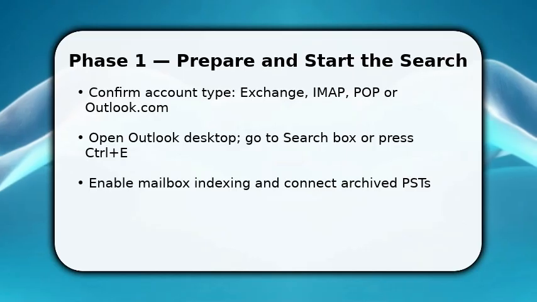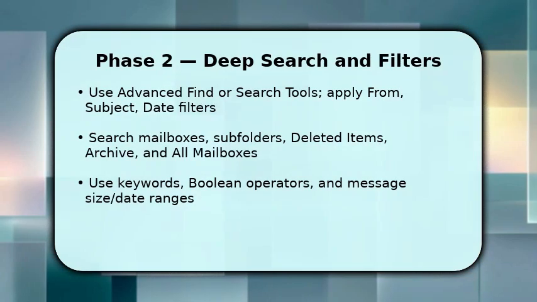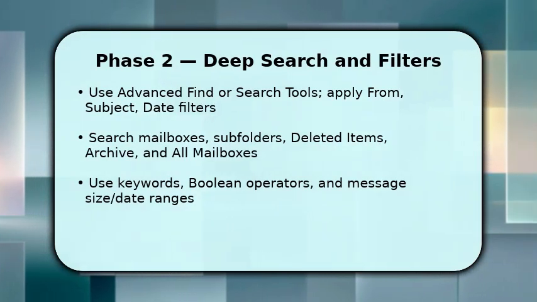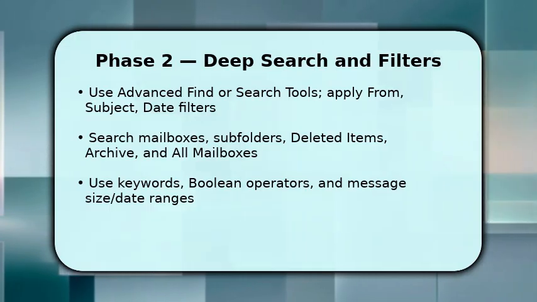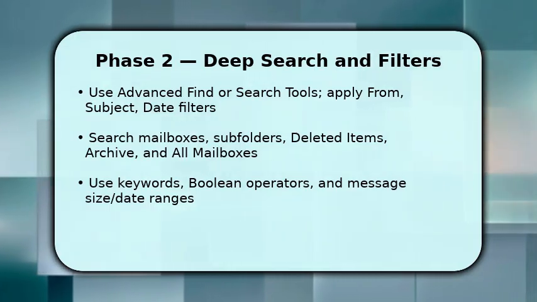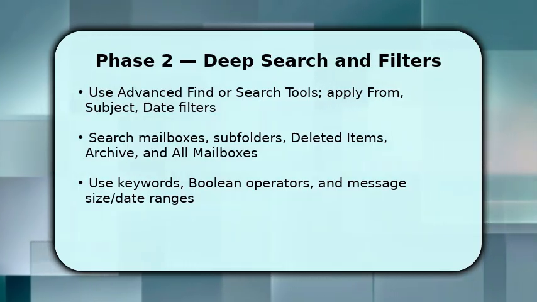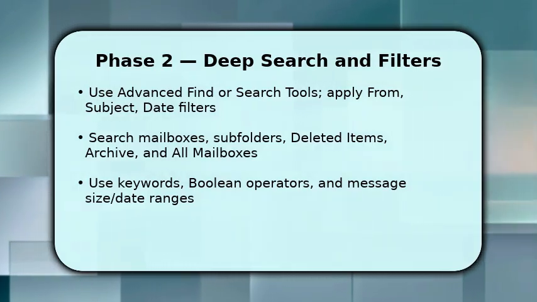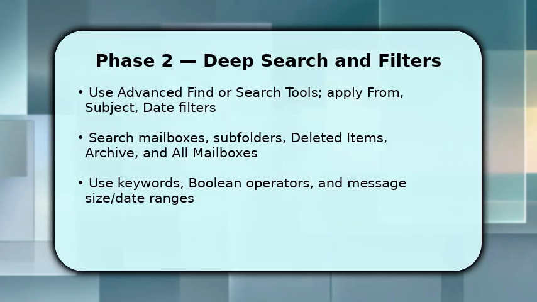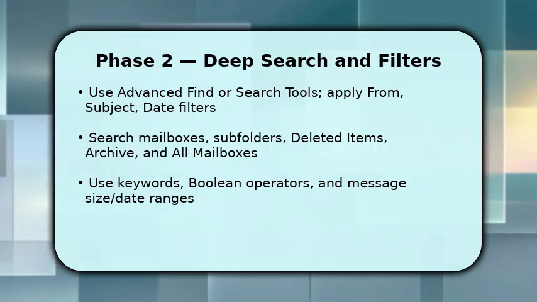Now perform a deep search using Advanced Find or the Search Tools ribbon. Specify from, subject, and date ranges to narrow results, and toggle between current folder, subfolders, and all mailboxes so nothing is skipped. Include deleted items and archive in the scope, then apply keywords and Boolean operators like and or not